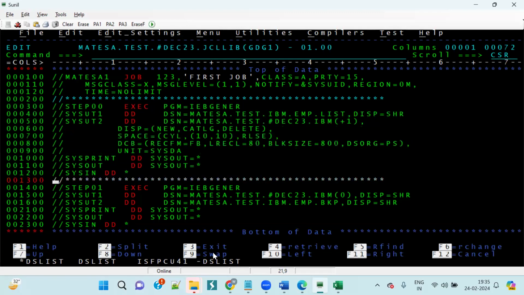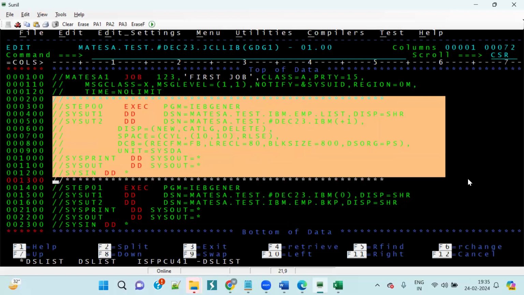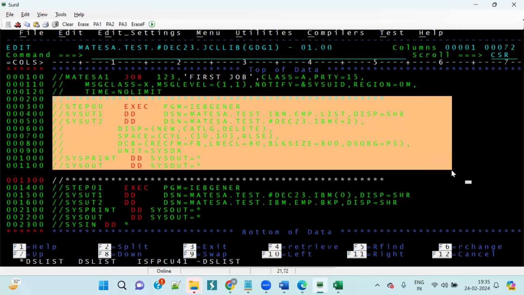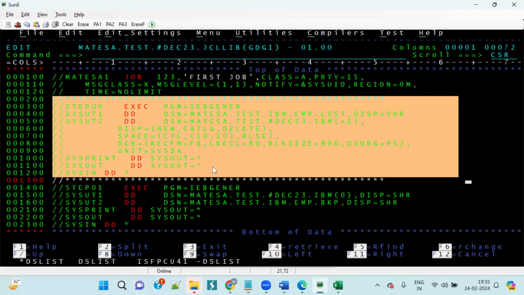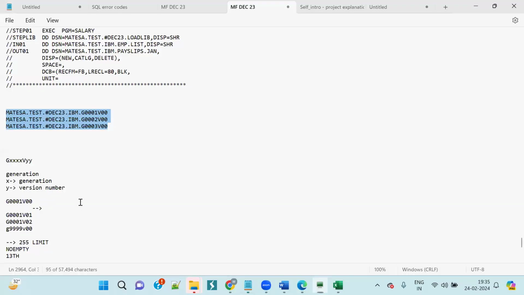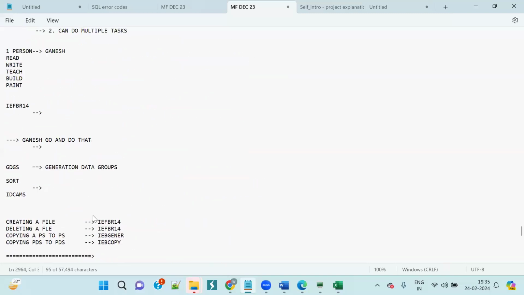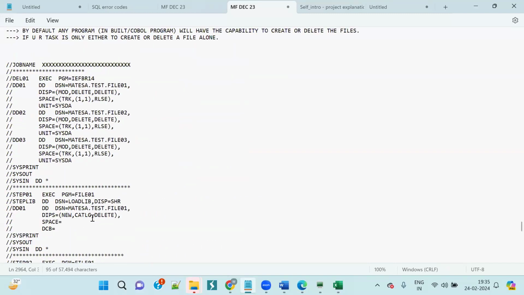Now here, one more point I would like to tell you. When I'm skipping this step, to skip this step, when I don't want to execute this step, what I have done is I have commented this out, right? So if you see this list of parameters that we are having on the job card, we are having one parameter called